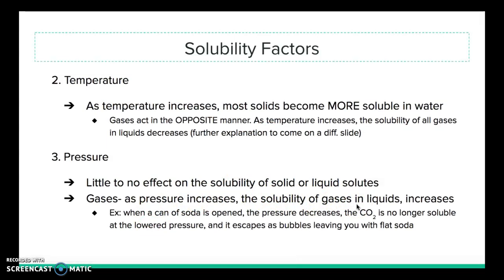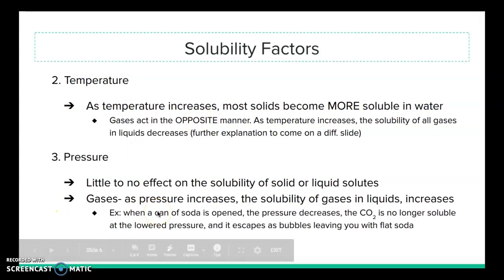So think about when we have a can of soda and we open it. The pressure is decreasing when we open that can of soda. That's that little sound you hear. The CO2 is no longer soluble at the lowered pressure and it escapes as bubbles, leaving you with flat soda. So that's why, especially in the summer, our soda becomes flat quicker because of both this temperature factor and the